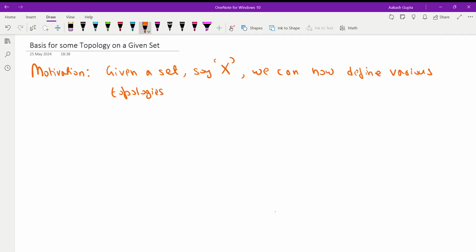We have seen many examples, right? Sierpinski's topology. We have seen the cofinite topology, the co-countable topology, the discrete topology, the indiscrete topology, and various other kinds of topologies. So you have many topologies. But